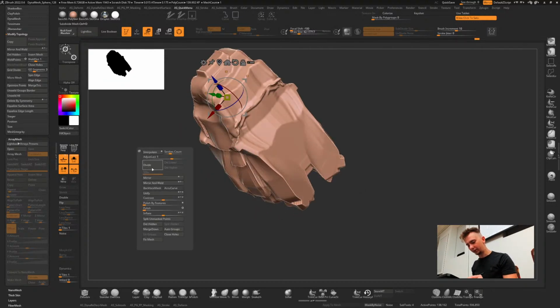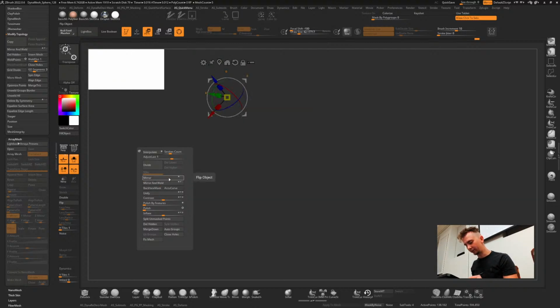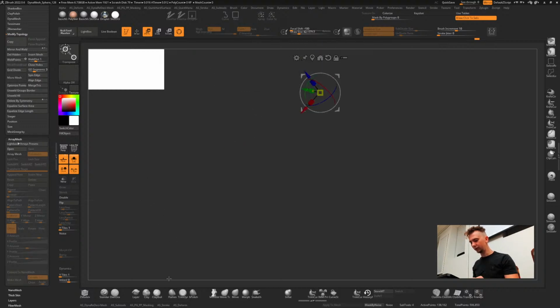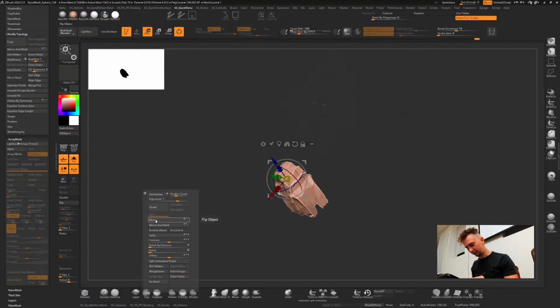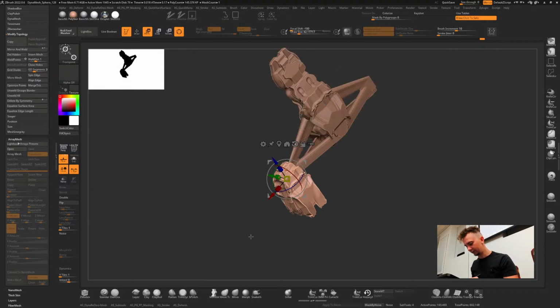So we want to inverse this, because when I do mirror, it mirrors the wrong side. So I'm gonna mirror, but not on X. We're gonna mirror on Y, and then I'm gonna do mirror and weld. Now it's perfect. And then we'll mirror it again.